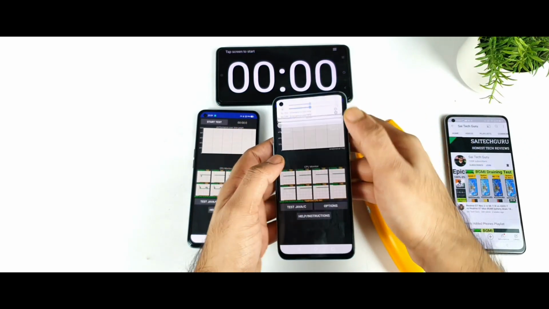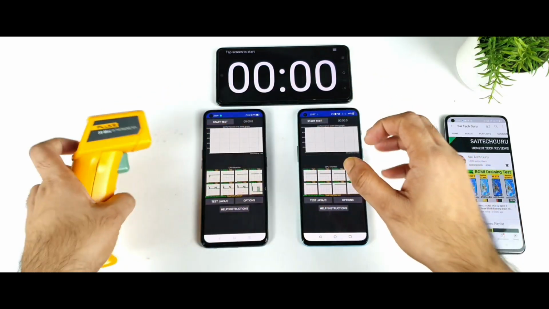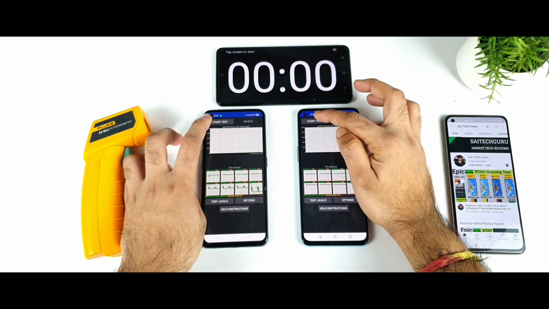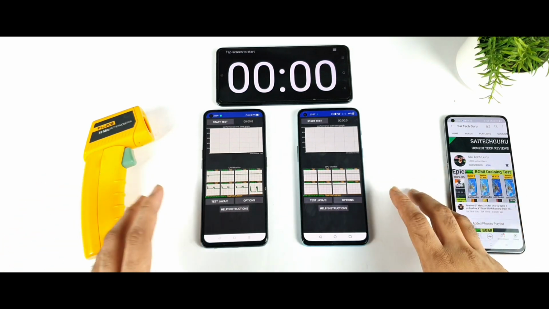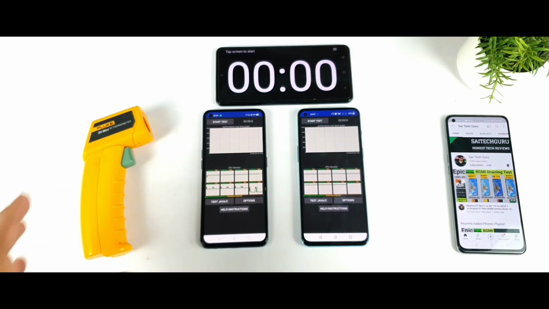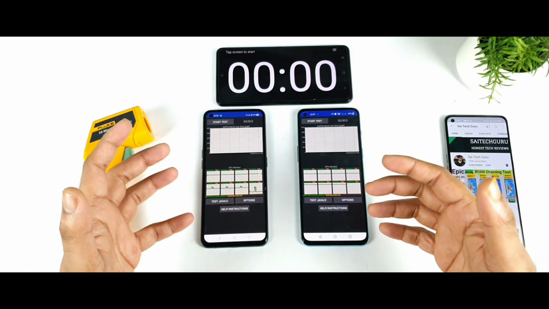Let me try to disable auto already. Yes. So now let's see how much difference there is going to be in terms of the temperatures between these both phones. One more thing, I'll turn off the fan as well, so I don't want any kind of fan, no AC, no cooler in my room. That's how I'll be doing this CPU throttling test, the extreme testing which I'm trying to do at this moment.